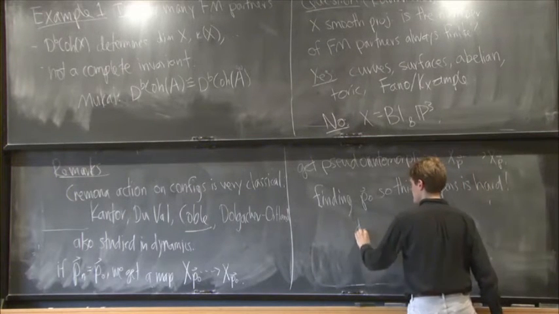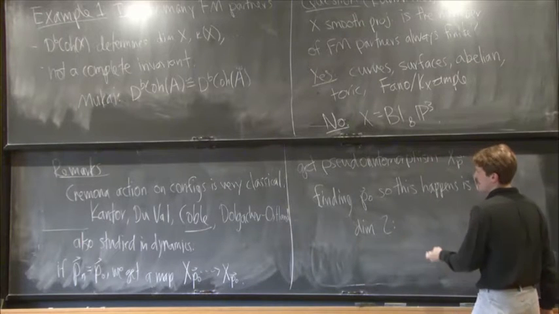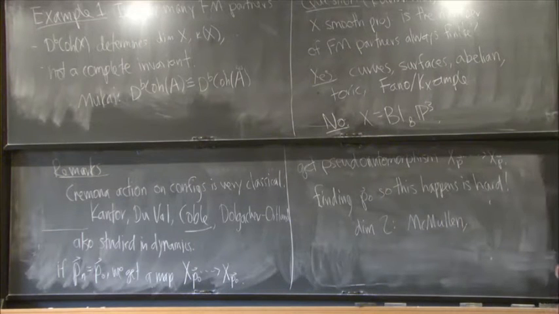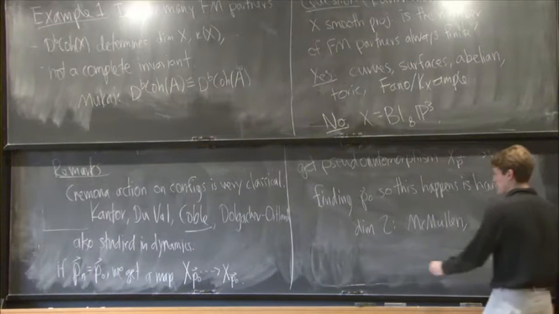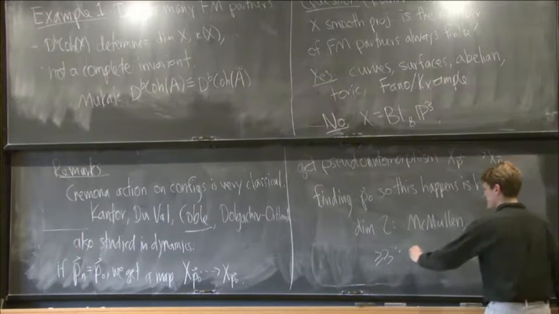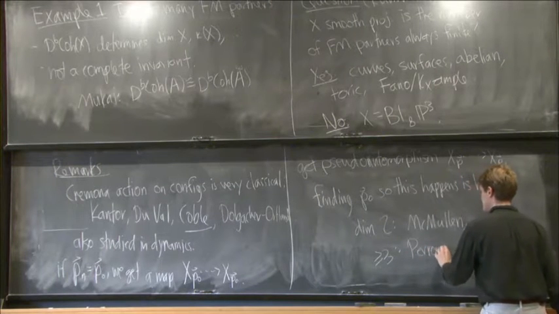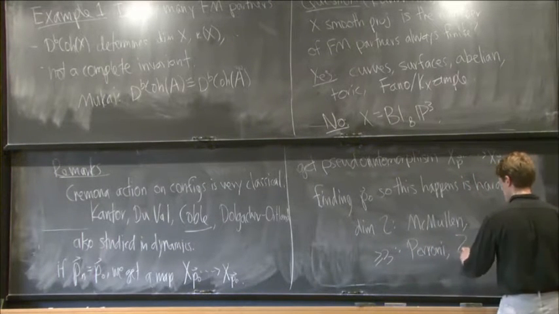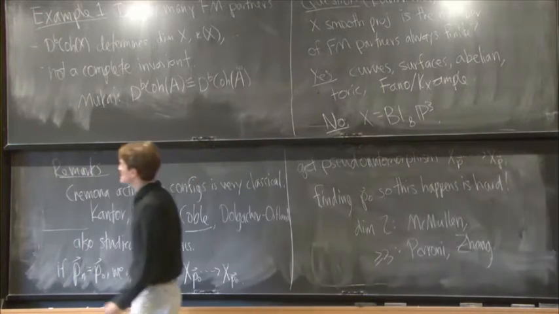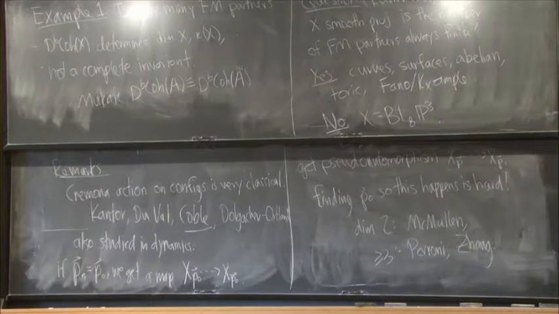So in dimension 2, which is where this was first done, I think from this point of view, McMullen has some ways to find P0. And I think there are various other ways to do the same thing. In higher dimensions, more recently, Perroni and Zhang found some ways to construct P0s that give you pseudo-automorphisms of blowups of Pn. So this Cremona action is not something I made up. I mean, it's both very classical and something that dynamics people still study. But the dynamics case is exactly what we're trying to avoid to get this infinitely many Fourier-Mukai partners.